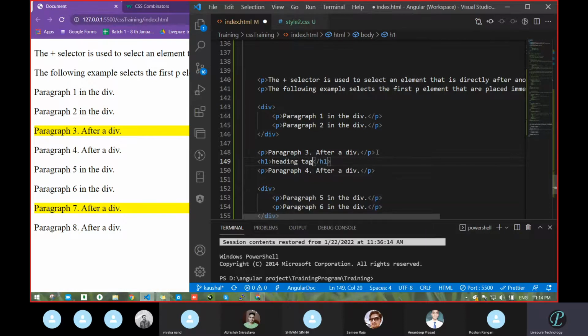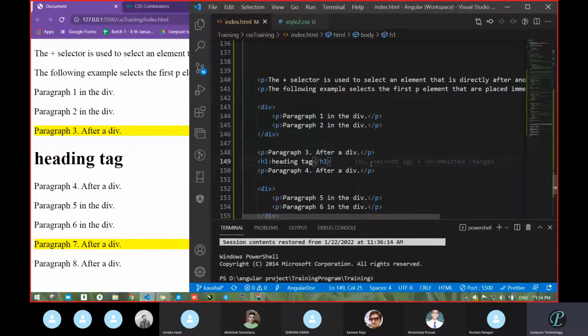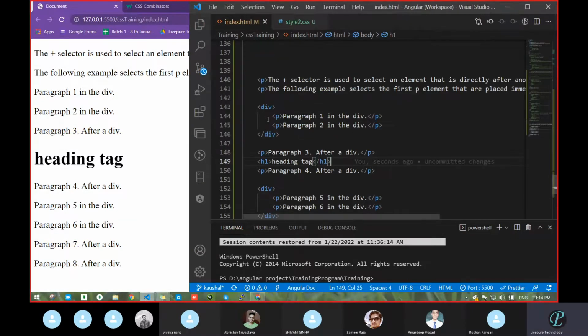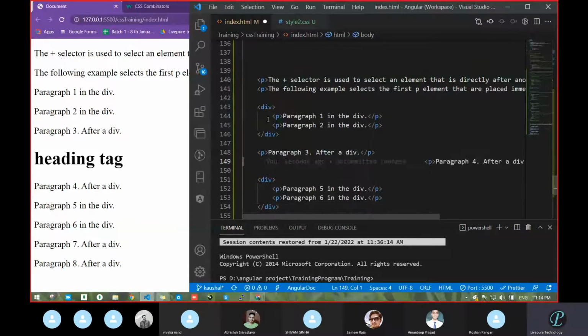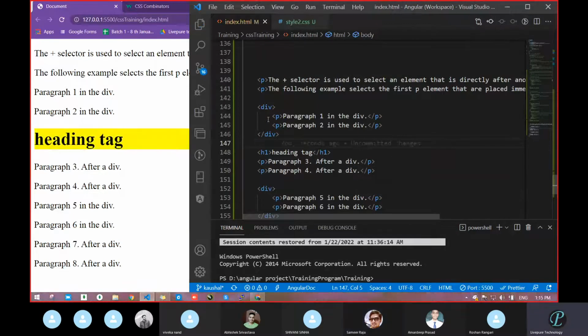Now it's not a heading tag, but what we can do in place of P is remove P and pass H1. Let's see. It's not working. Why? Immediate is not that one. Now cut this one and pass it in the top. Now it becomes immediate. Correct or not? Yes. See, it worked. So it is gone and excludes this complete div.